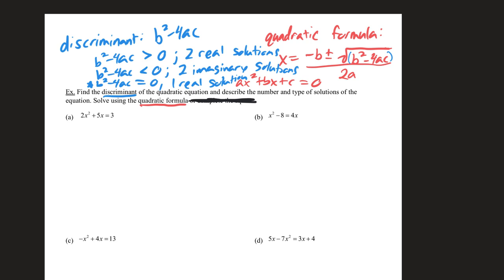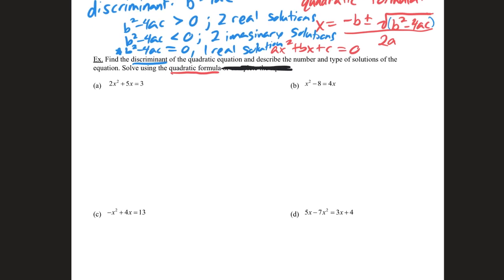The discriminant can also tell you if something is factorable. If your discriminant is a perfect square, then you can factor it instead of using the quadratic formula. So if you're having trouble deciding, can I factor this or not, you can just check the discriminant. If the discriminant is something squared, then you know that it's factorable. That's just a little bonus piece that it's not asking you for on here, but that is another use of